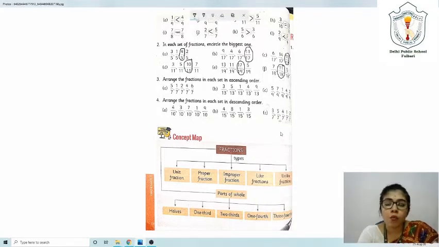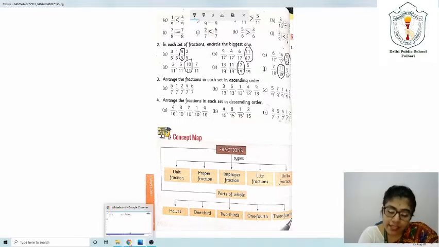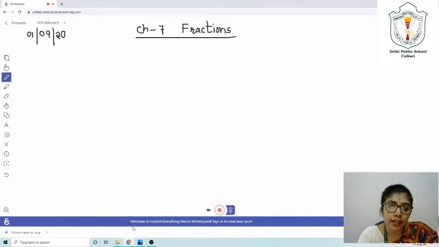Now what you have to do is, you need to take your notebook and do the rest of the questions in your notebook. So quickly take out your notebook. Take out a fresh page and write the chapter number and the exercise name on top. Very, very important. We have exercise 7.5. So 7.5 I have written here,